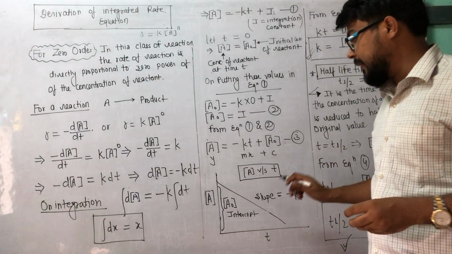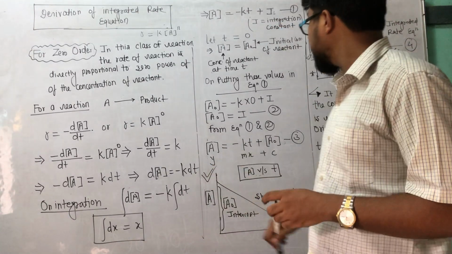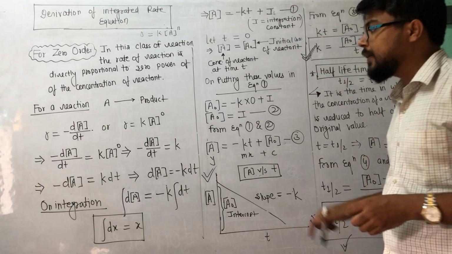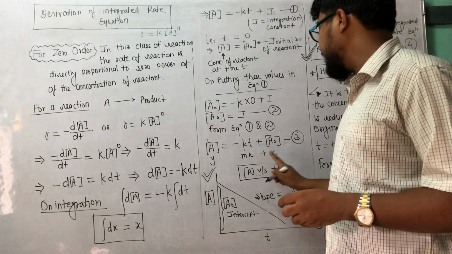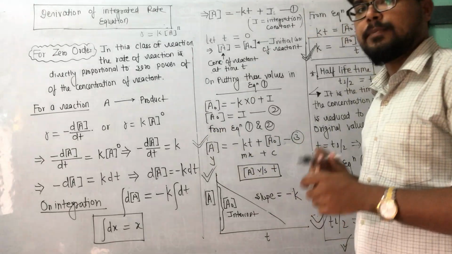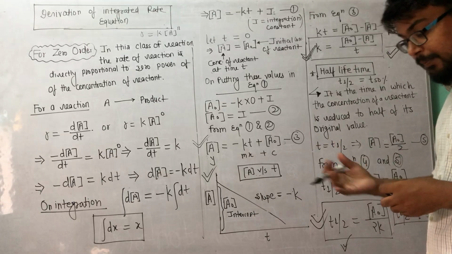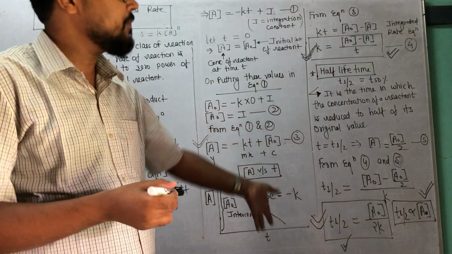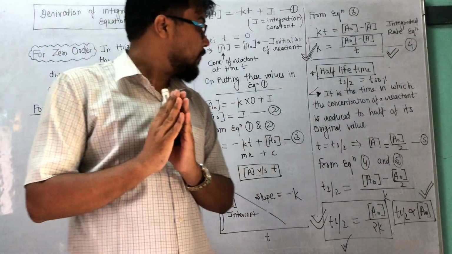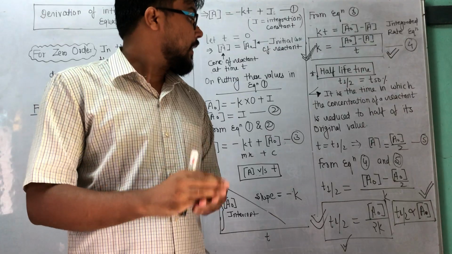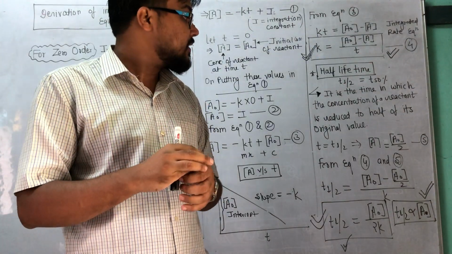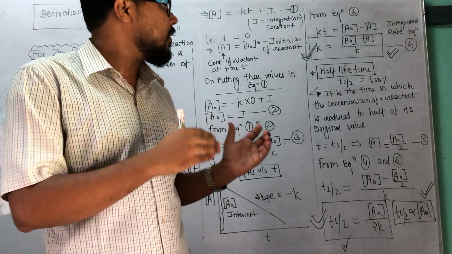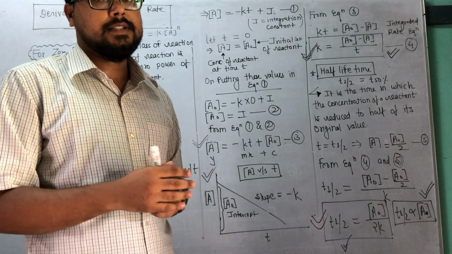Remember number 1, the graph. Number 2, the rate equation, the integrated rate equation. Number 3, T half. What is T half? And what is y equals mx plus c? These segments are very important. When you attempt numericals and board questions, you will see direct questions from this lecture. So watch this video, download this video again, and go through it as much as you can so that you better understand the concept, the logic behind zero order reaction.